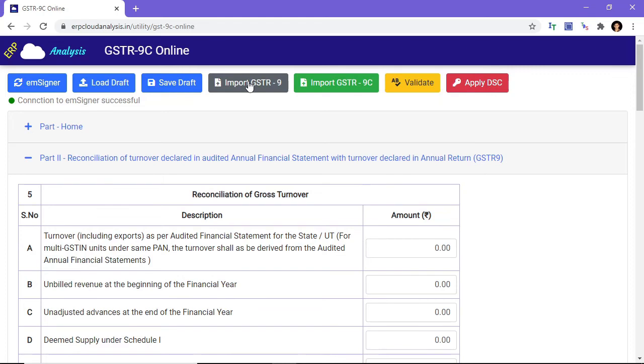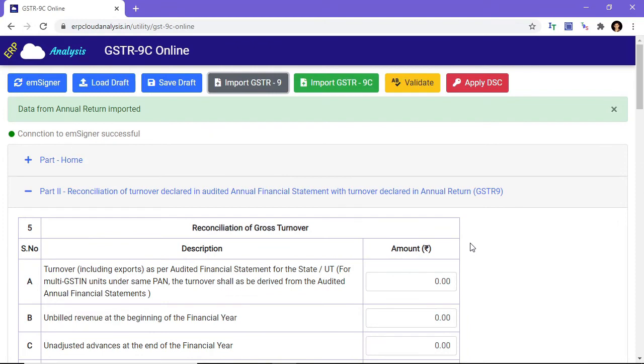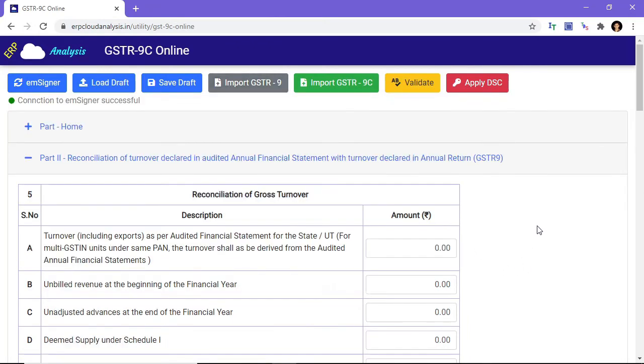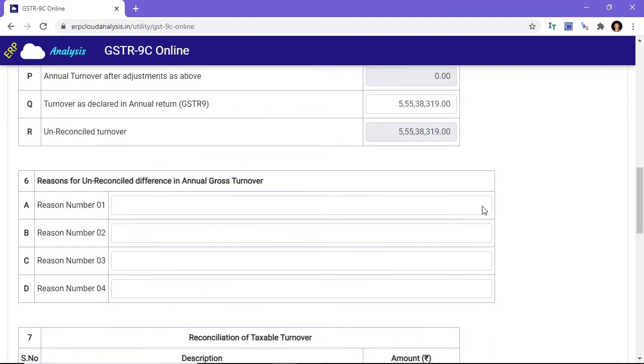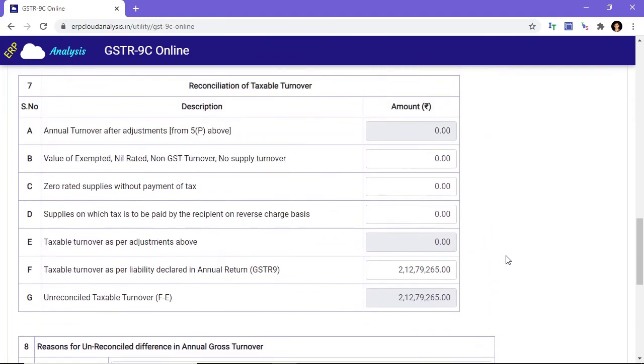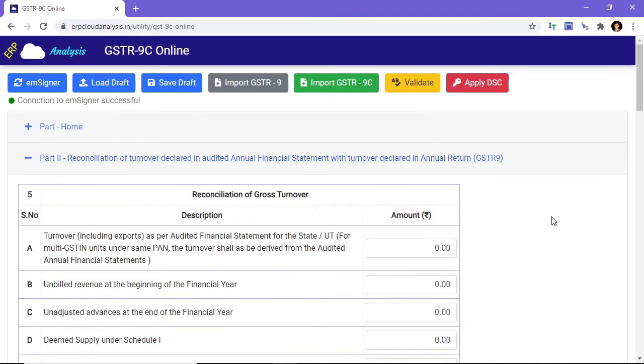First you need to download the PDF or JSON file of the already filled annual return from the portal, and browse it. I will browse this PDF file and click open. Now this information is directly filled. You can see these figures are automatically filled up. Even the client GST number and financial year are automatically selected.